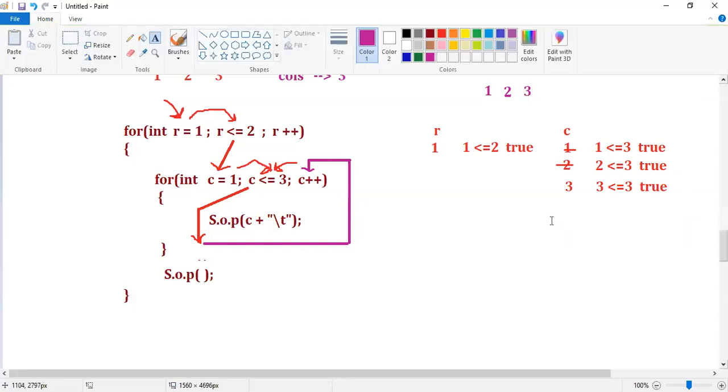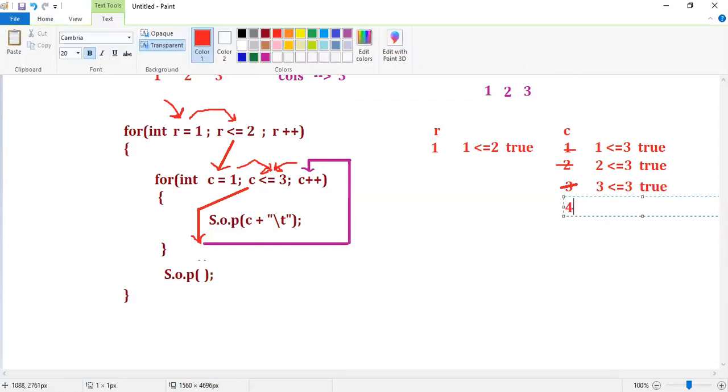So we are going to get 3 as output. In the next iteration, what happened, guys? 3 is erased. And then we are getting what? We are getting 4. And it checks the condition. 4 less than or equal 3. Guys, 4 less than or equal 3. Is the condition true or false?